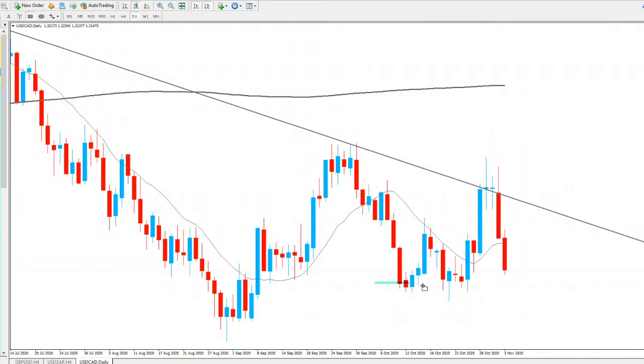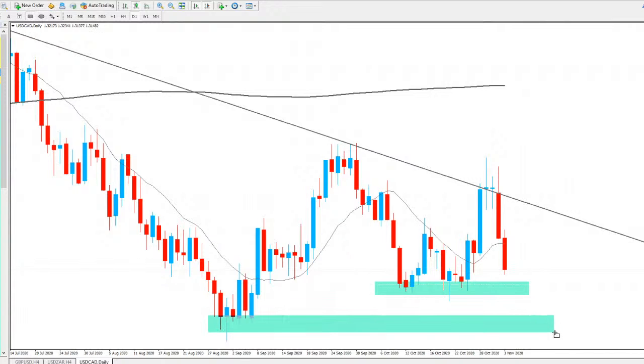Earlier, quite a while ago now, I was saying there was room to the downside when we're at this level. As you can see, we weren't quite at the lows all the way down there for USD CAD, so maybe that's where the daily wants to really go and test the lows down there, give us a double bottom from a daily chart perspective, and then see a move to the upside there.